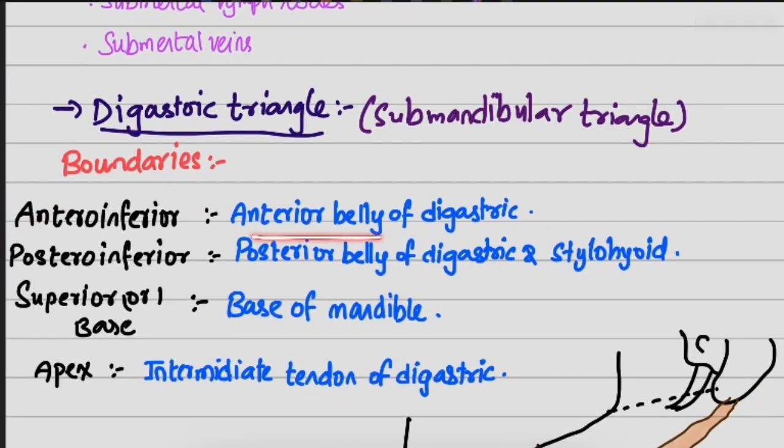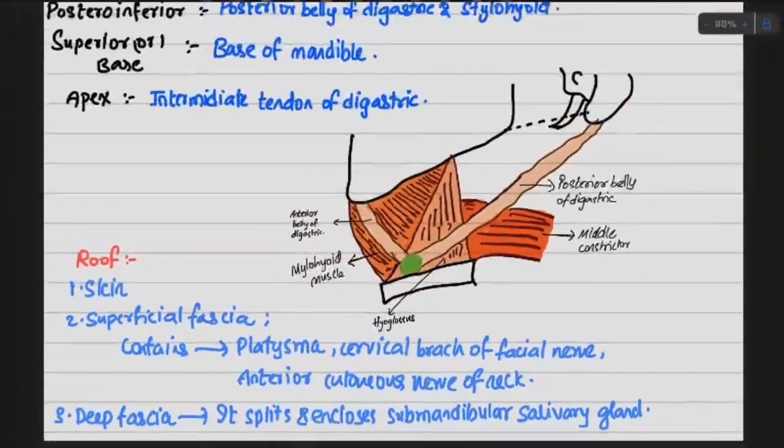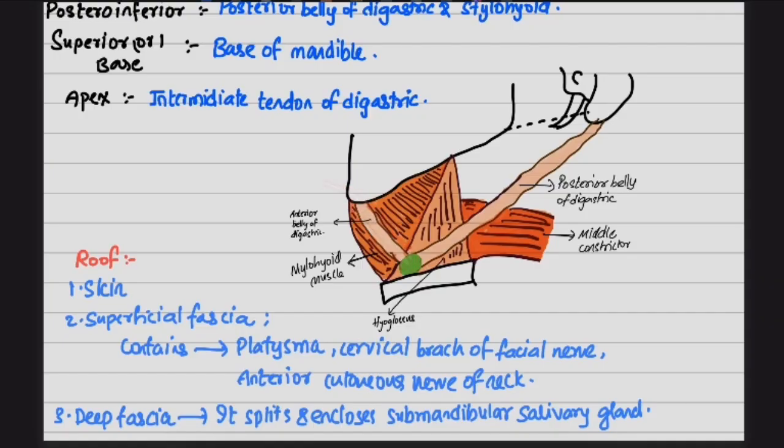Antero-inferiorly we have the anterior belly of digastric. You can appreciate here. So antero-inferiorly, anterior side on the inferior aspect. So this is the anterior belly of digastric. Now posterior-inferiorly we have the posterior belly of digastric, and the base of the triangle is formed by the